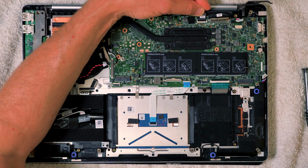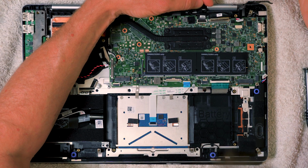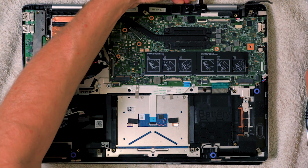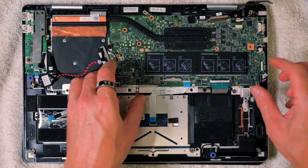So again, let me show you again, you just get underneath the fingernail or something and just flick it up, and then you just push the whole cable backwards, and it will just come out. Little force needed, and that's now out completely. Now we can go ahead and remove the whole motherboard from the PC,